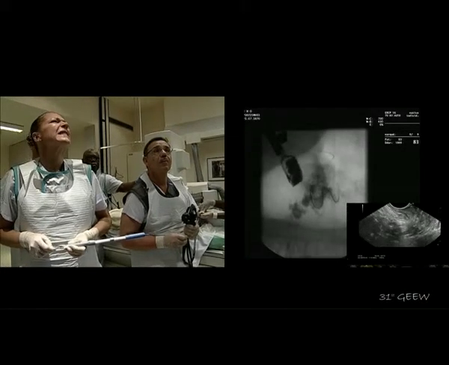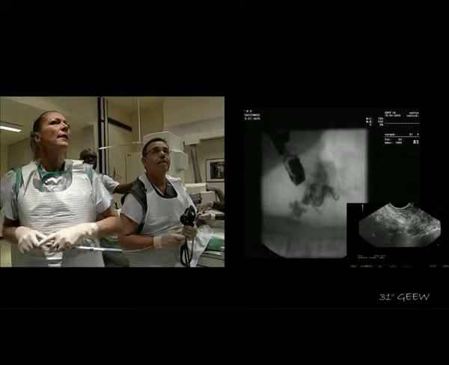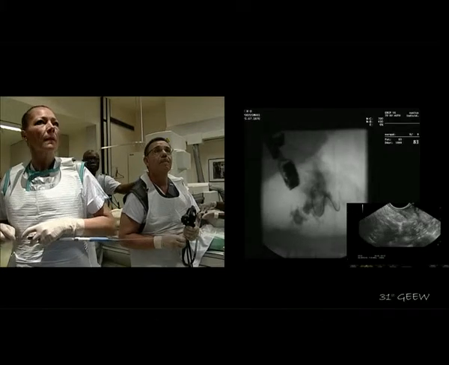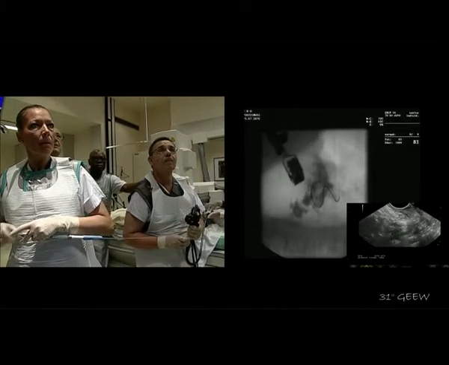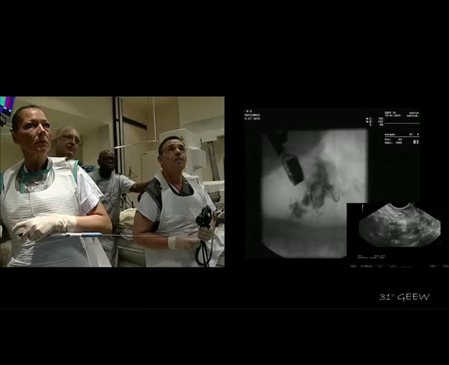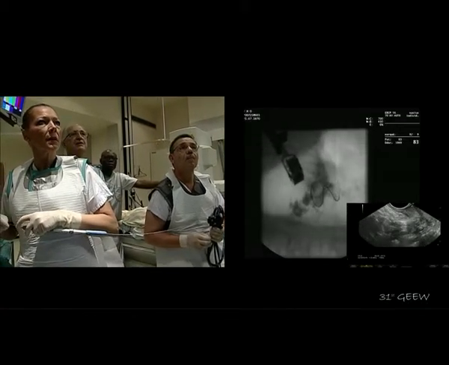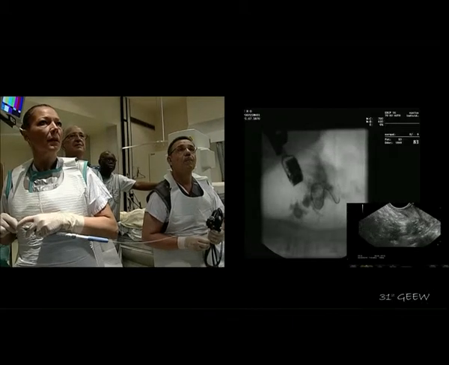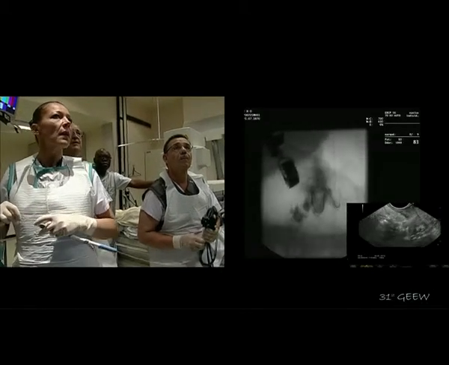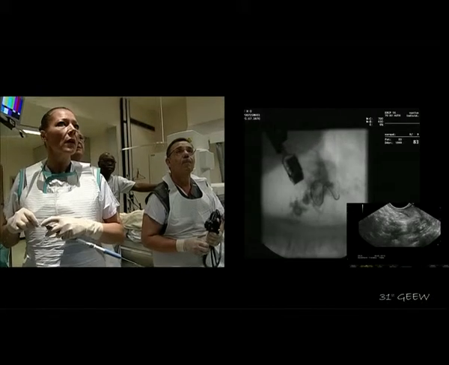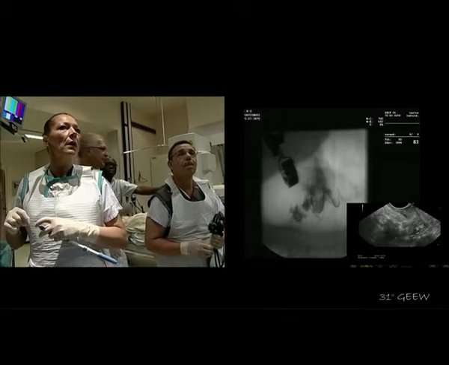This is where a wire with a shorter hydrophilic tip would be advantageous, because it's mostly floppy inside the duct, and if you had the stiff portion inside the duct, you could... But very often the problem in this position is that